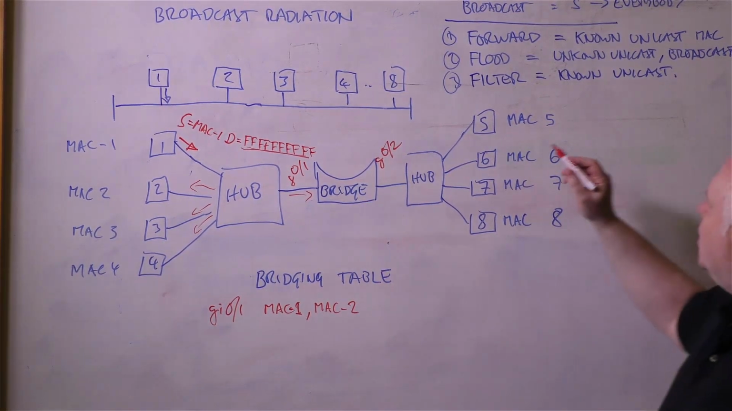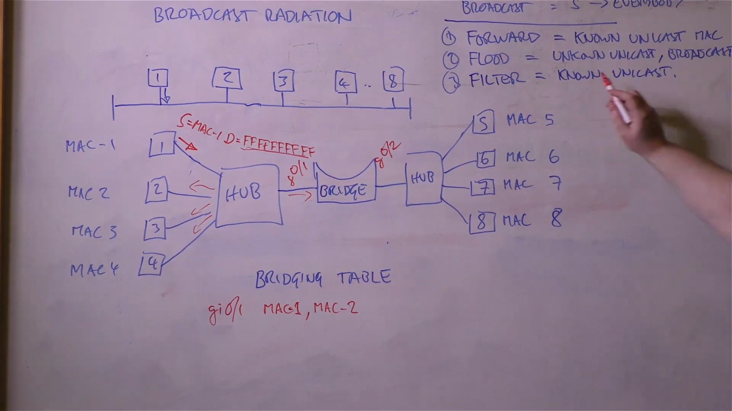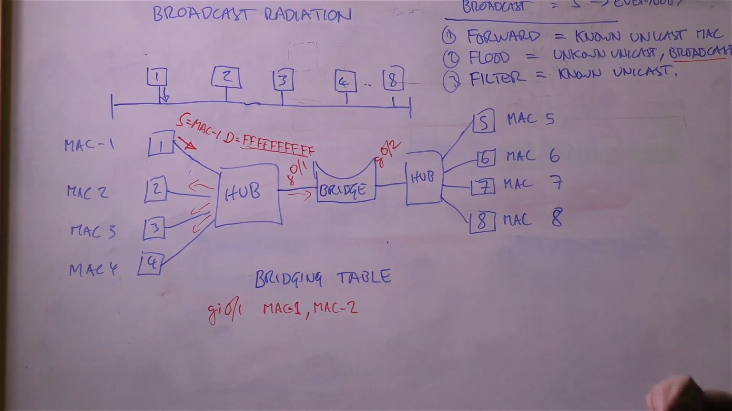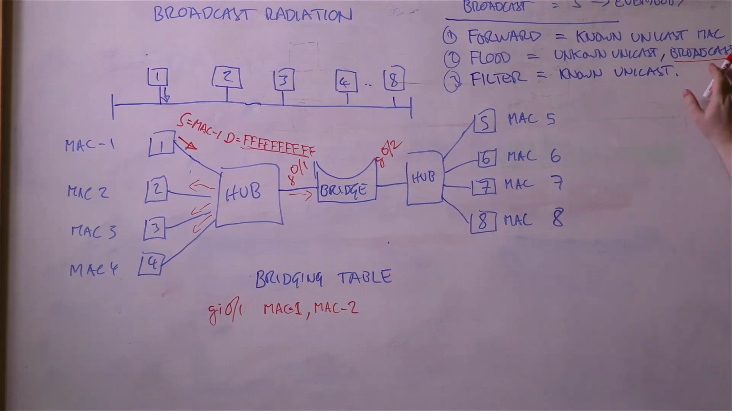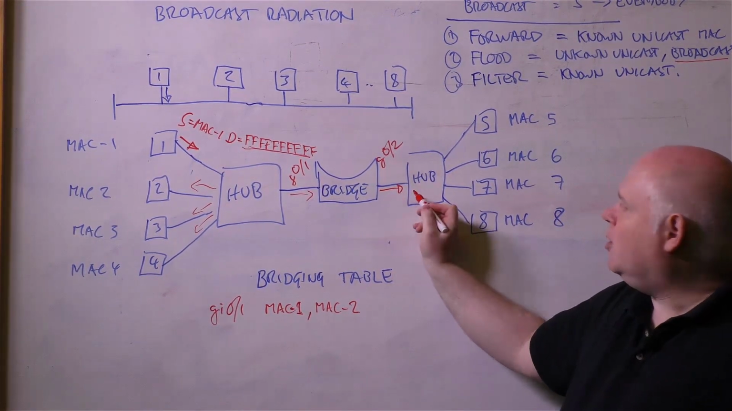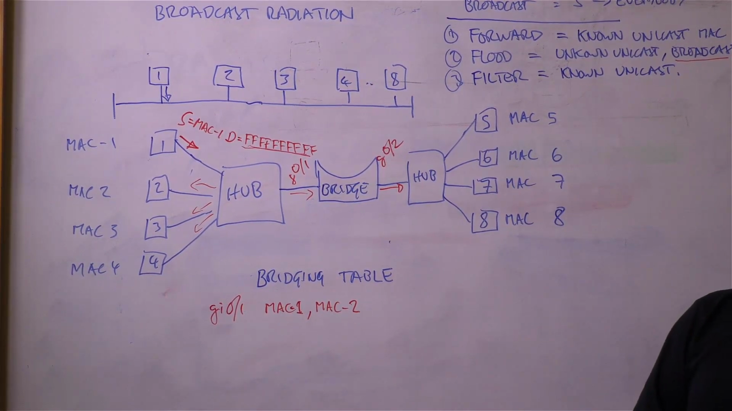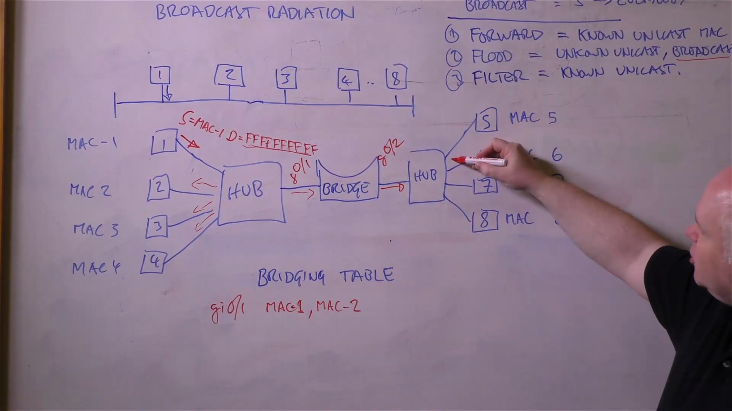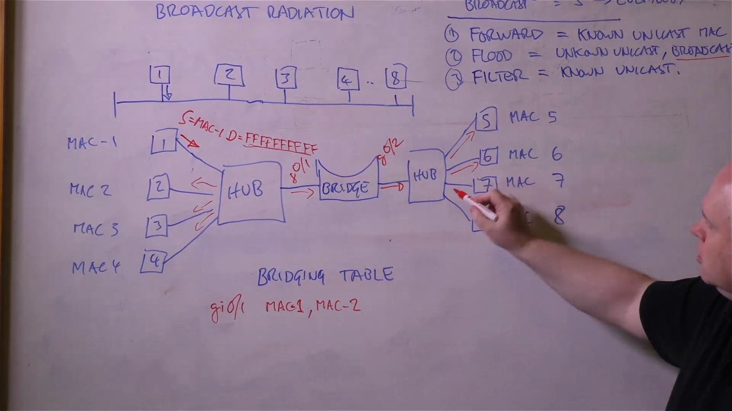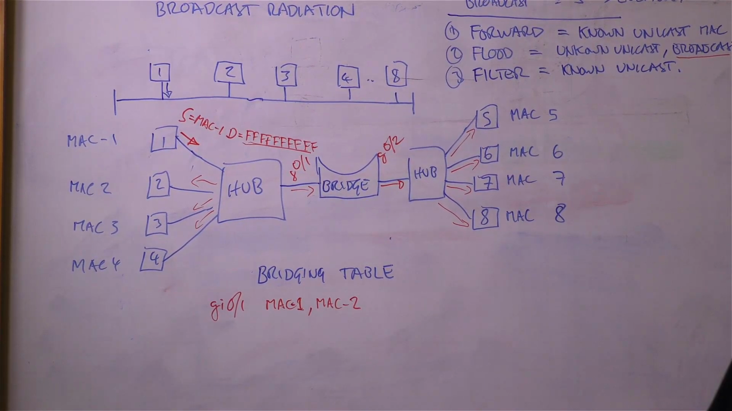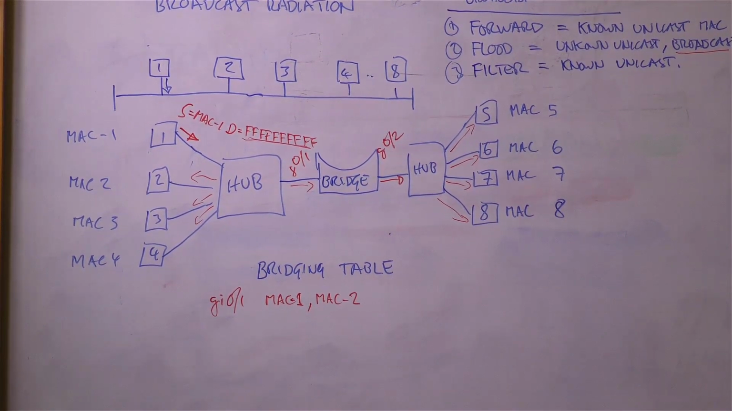So what are the rules there? If I don't know where the destination is, because it's a broadcast, I have to flood the frame across to all the other ports. In this case, it's only 2. So that means everyone over here gets this broadcast as well, whether they wanted it or not. Now,